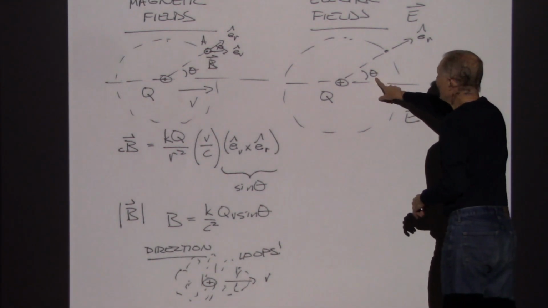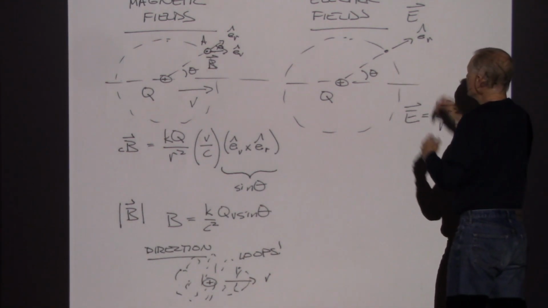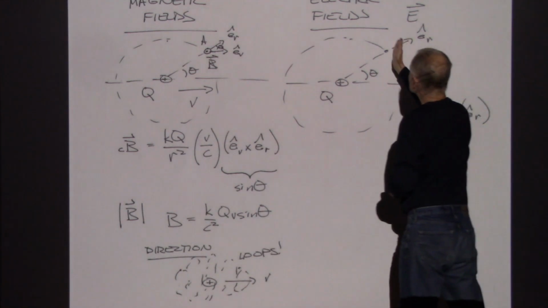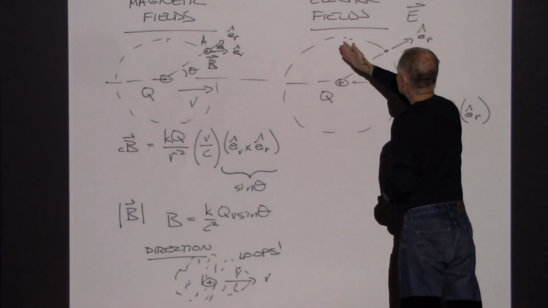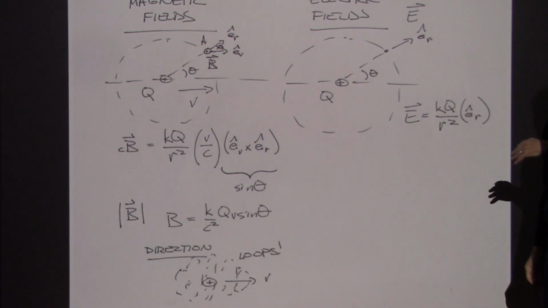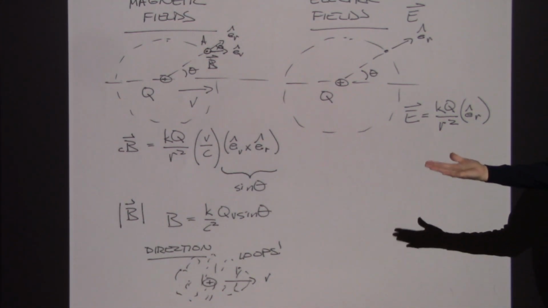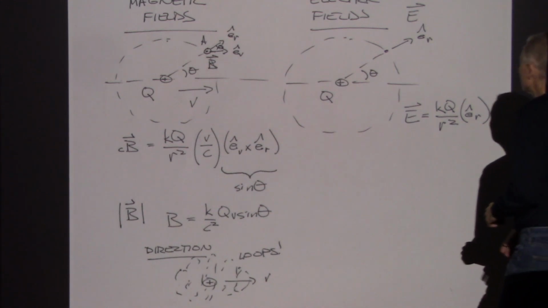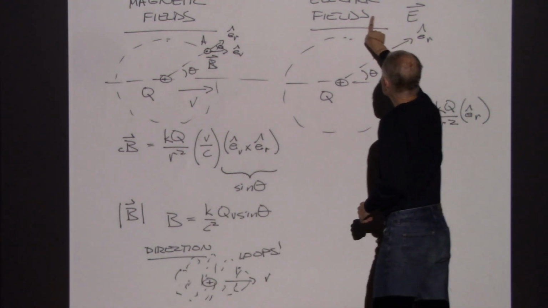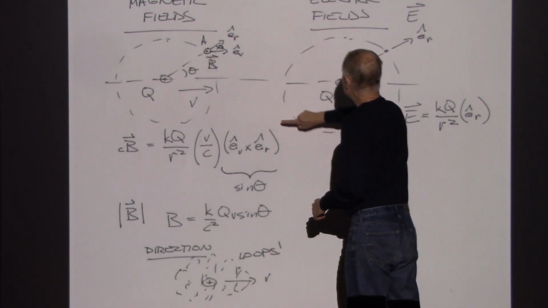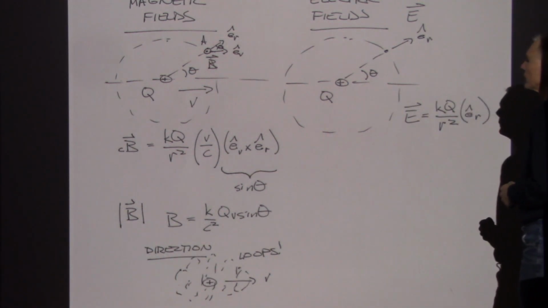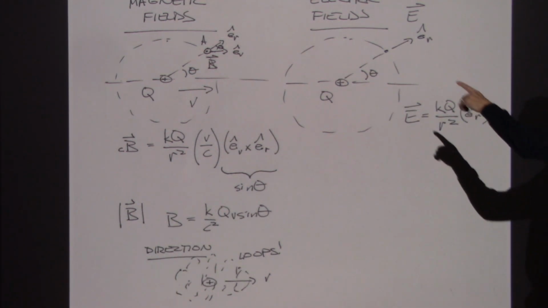Now, there's no angular dependence, so I put the angular dependence in here just to say I could be looking in different directions, but in the limit where the velocity of the charge is relatively low compared with the speed of light, to a very good approximation, the electric field remains having the same magnitude in all directions. Now, what we said was